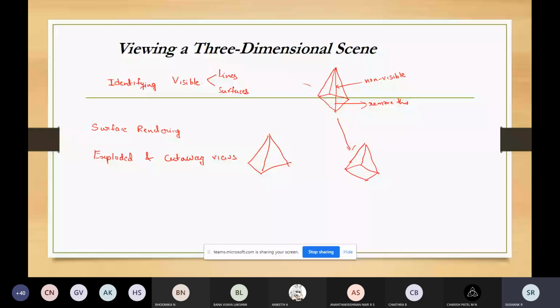And the last one is 3D, three-dimensional and stereoscopic viewing. So what is this method?